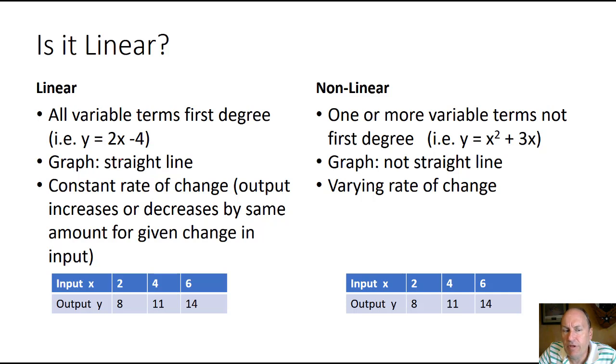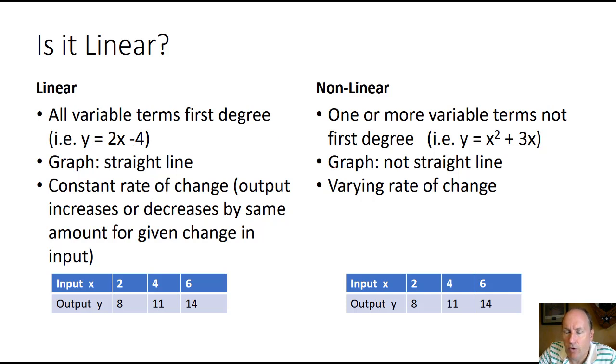So three major things we can look at to determine that. First of all, we can look at the relationship, and if all the terms that have variables in them are to the degree 1 or 0, then it is linear. But every variable term has to be a first or 0 degree term. So for example, and of course we know in algebra, if there is no degree represented, it's by default 1. So here y equals 2x minus 4, we know that's linear because the x and the y are both